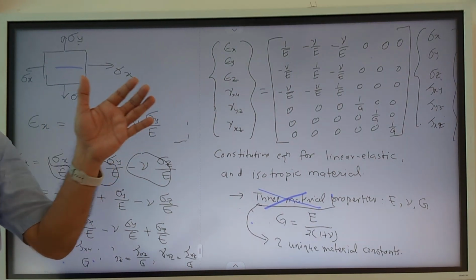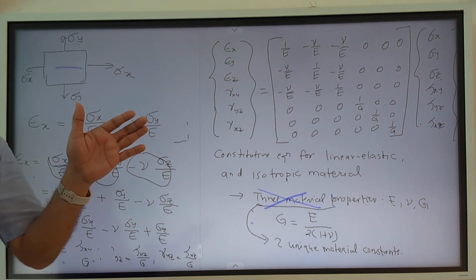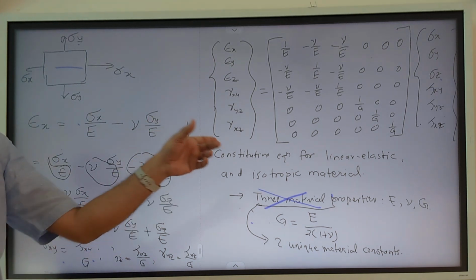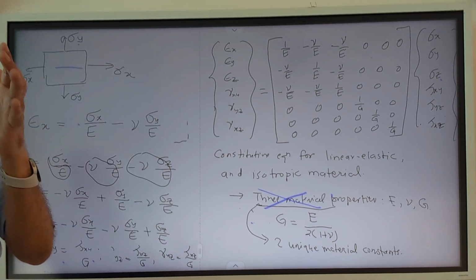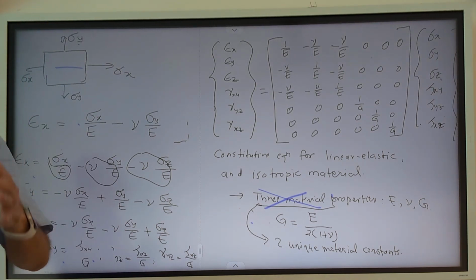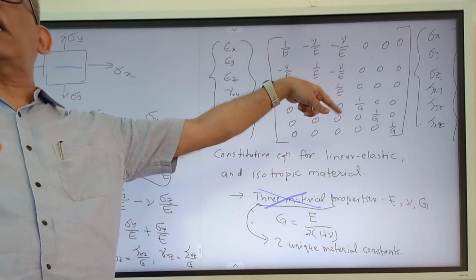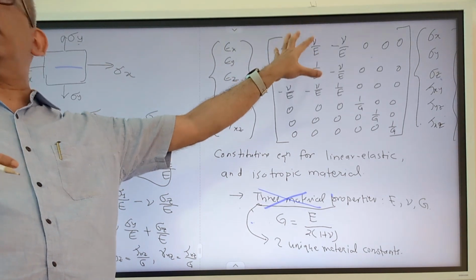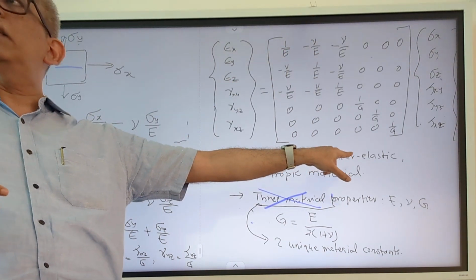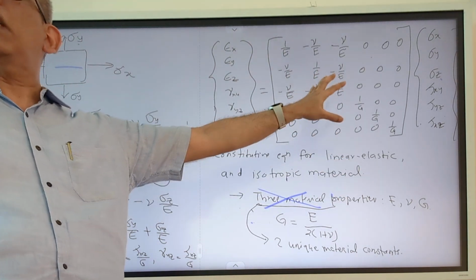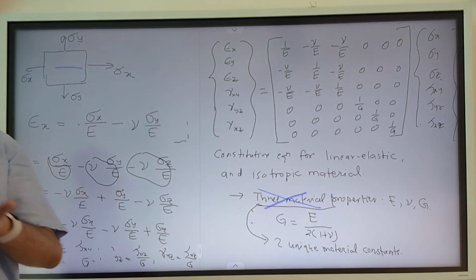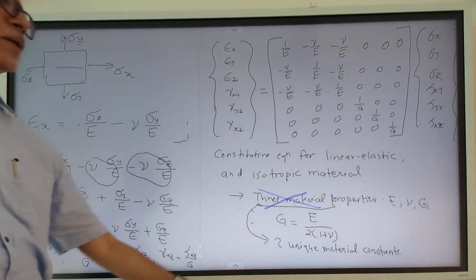Now we can generalize this. This particular set of equations is specific to a particular type of material, or a particular simplification that one does in solid mechanics, because most materials can be fitted into this approximation. They obey this approximation to some extent, and hence we can use these equations. For most undergraduate classes, we will be using these equations.